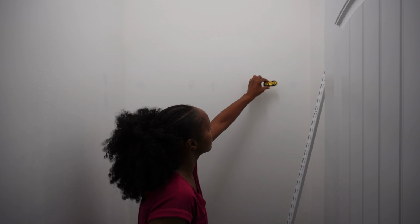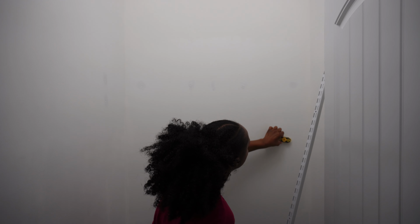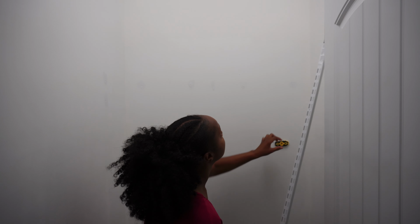Now back to the closet. As I stated earlier, I'm using the Closet Made Easy Track system in order to get this closet organized. It's very easy to install. I'll link a video below that shows you the step-by-step instructions. But to start with, I've just added the Easy Hang Track to the top mounting plate of my wall so that it's very secure. And then I'm just going to locate the studs, and I'm going to add in the